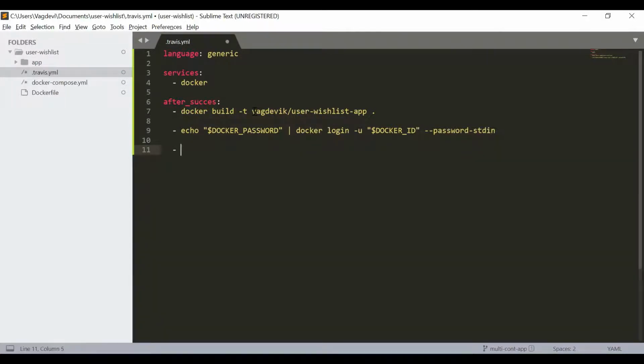So whatever it is building here, we want it to push onto the Docker Hub, because of the Dockerrun.aws.json, which we will be doing in the further session. This is very much needed in order to deploy a multi-container app onto AWS Elastic Beanstalk. All right. So in order for us to deploy this multi-container app onto Elastic Beanstalk, we need to define a file called Dockerrun.aws.json.